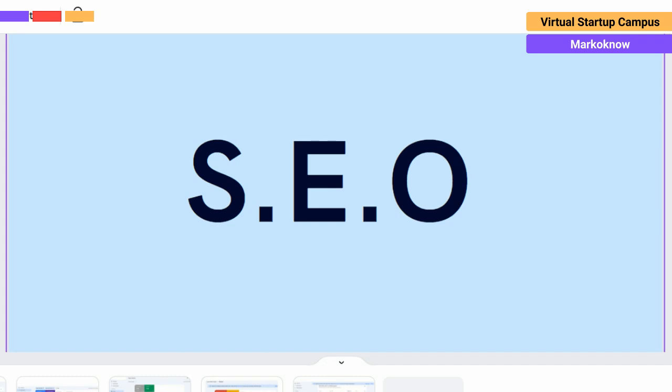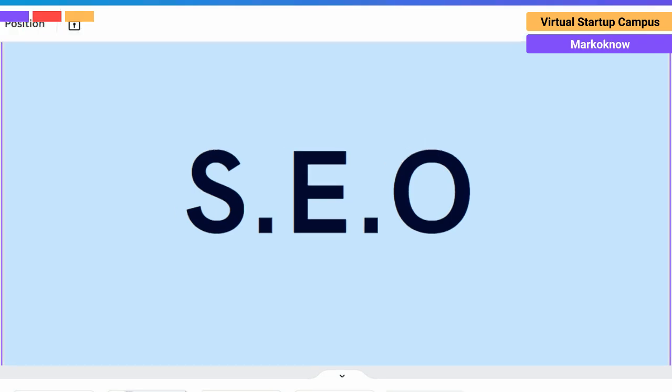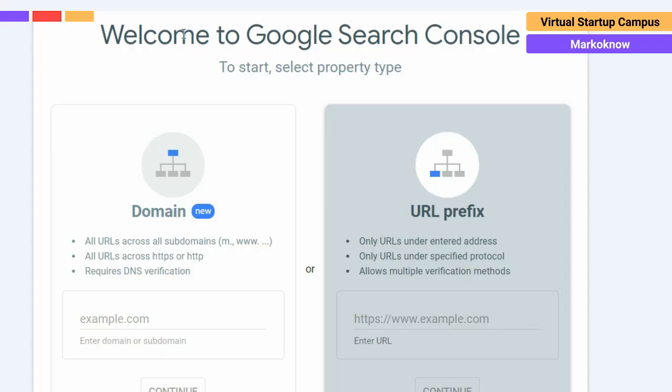Now, for performing SEO, one of the most feasible tools to use is Google Search Console. Google Search Console first verifies your website by providing you two options: domain and URL prefix. Domain provides you an analysis of a particular website, including its subdomains, whereas the URL prefix provides you with only the particular domain that has been entered. It does not specify the other subdomains that the website might have.